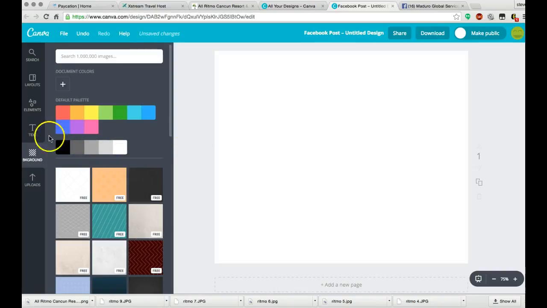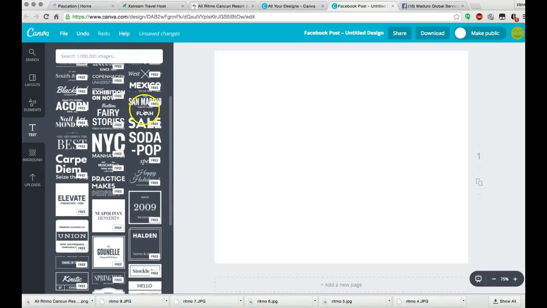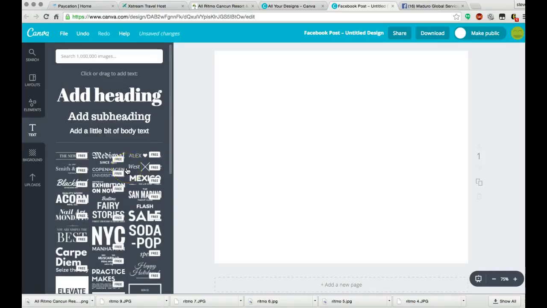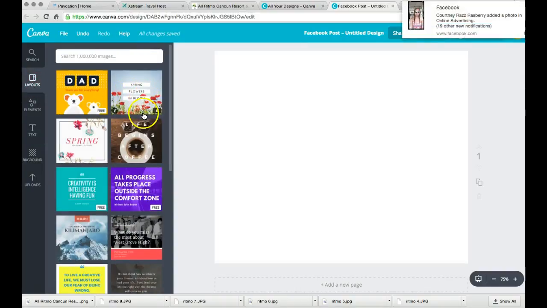You can change it, right? You can even add text. And you have some different text here, which you can choose. But I'm going to just talk to you and show you basically how I created what I created. There are also some different layouts, right? And so maybe